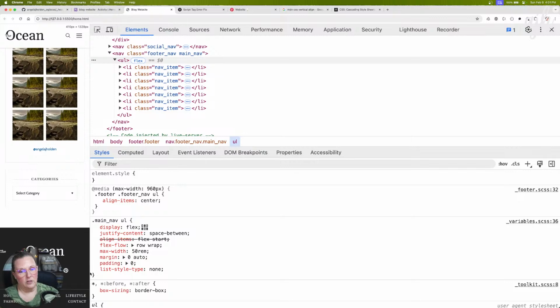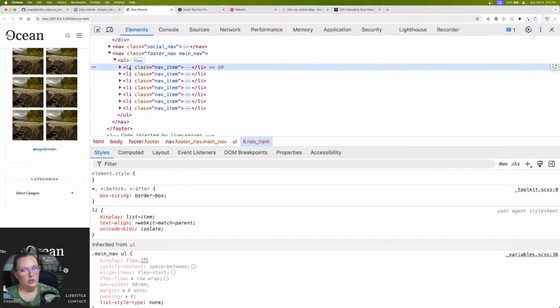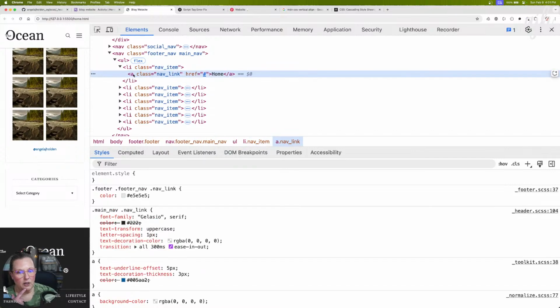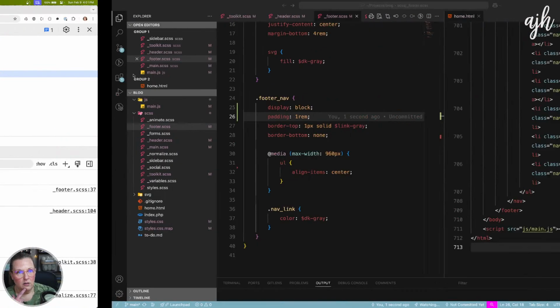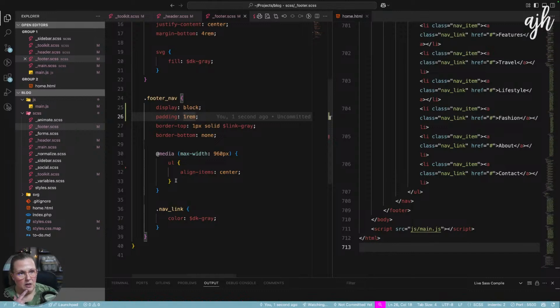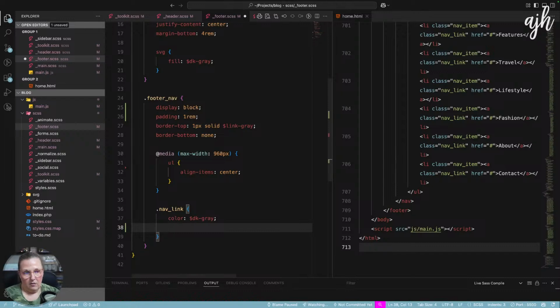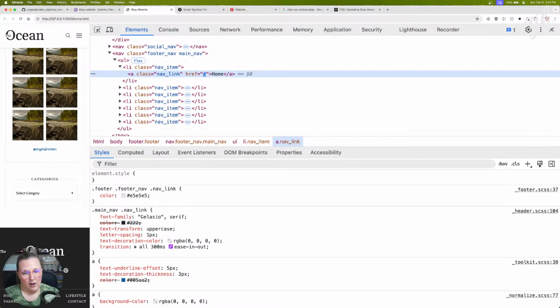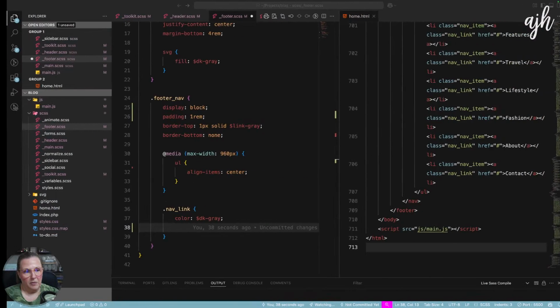It's a little squishy, isn't it? So we need to make sure, and really they should have a kind of a juicy tap target, shouldn't they? Yeah. So let's make sure that, oh, here's the links. We want to take out the, right now, the text decoration, let's make that